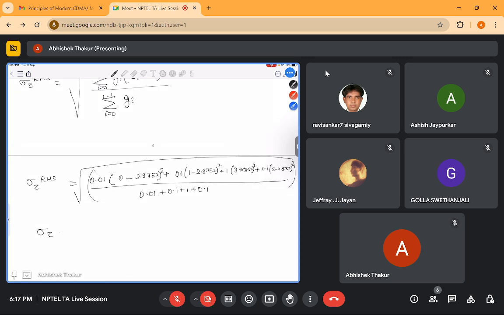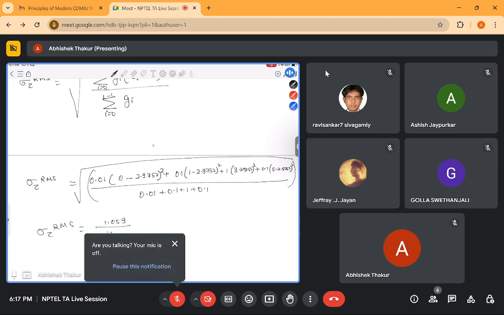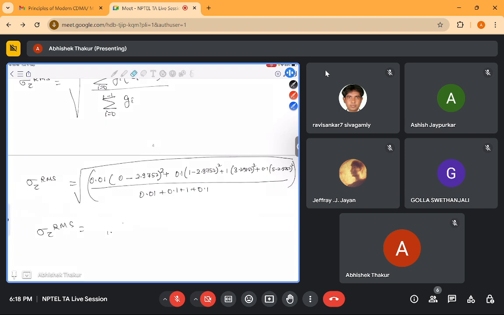So when we do this calculation, we will get 1.059 divided by 1 point, after calculating we will finally get 1.121 divided by,